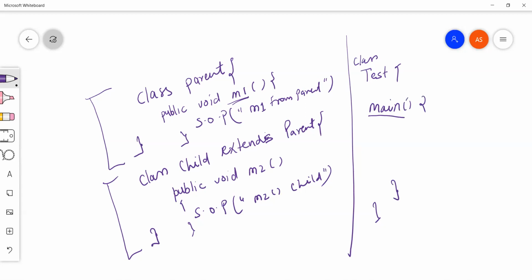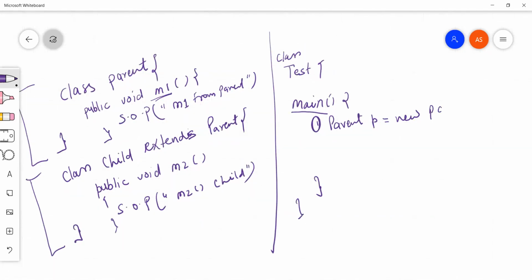Let me take the first scenario: Parent p is equal to new Parent. Then I'm saying p.m1.